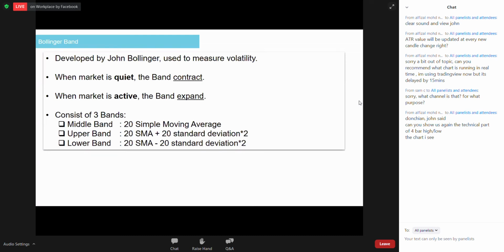But trying to implement Bollinger Band into my trading plan to improve the filter, improve the winning ratio, actually takes quite some time. Even when I found the result improved, I was not satisfied. It took me some time, so I tried a lot of ways to use Bollinger Band.